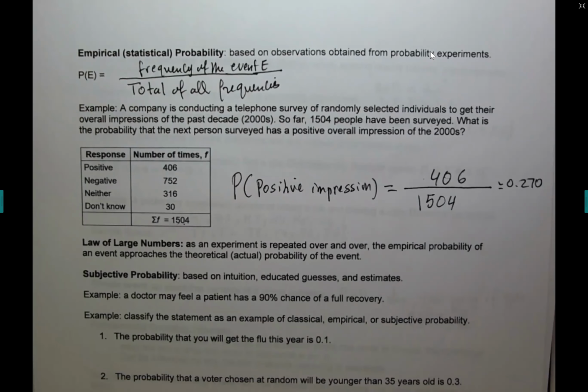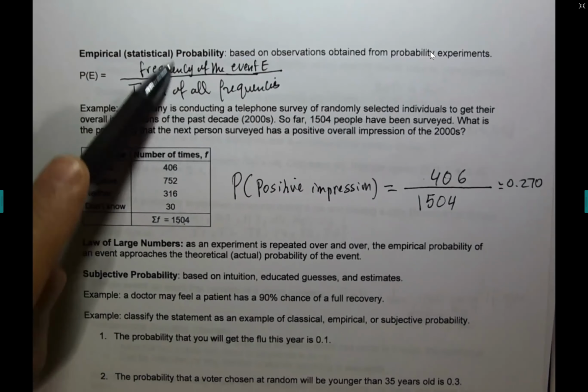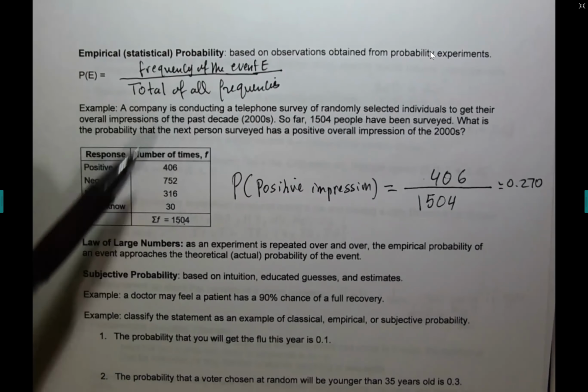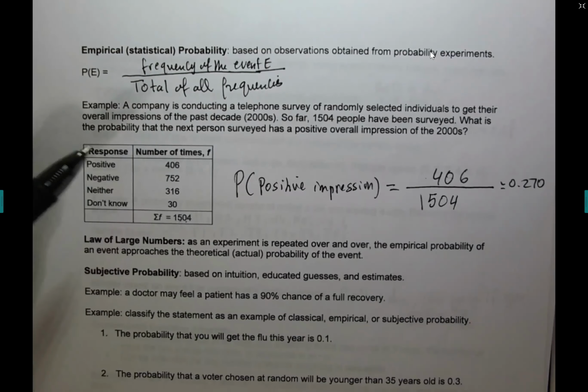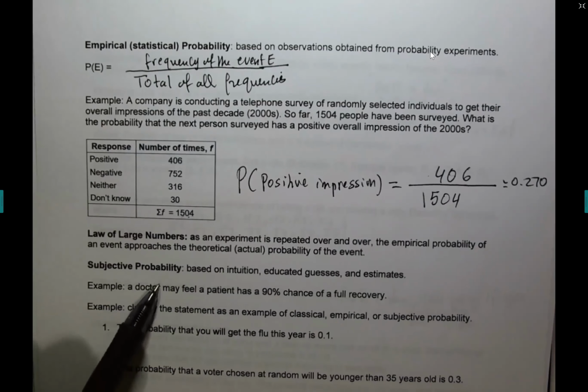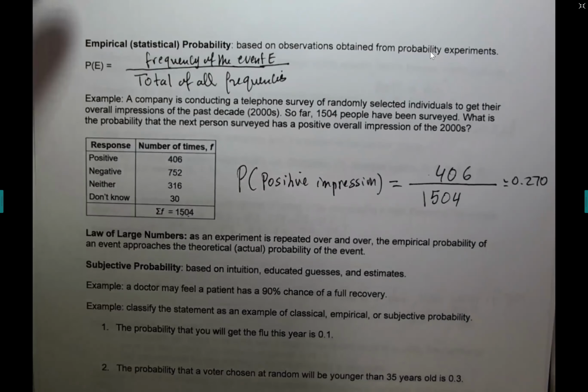So we learned about the classical definition of probability, and then we learned about the statistical definition of probability, which is very much the same formula, but written differently using frequency tables. And now we have another definition of probability based, guys, on intuition, educated guess, intelligent guess. It's called subjective probability, based on intuition, educated guess, and estimates. For example,